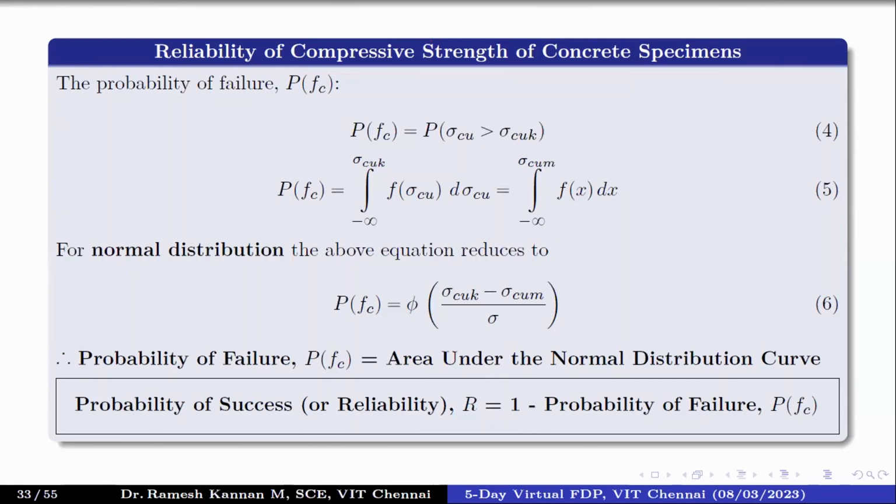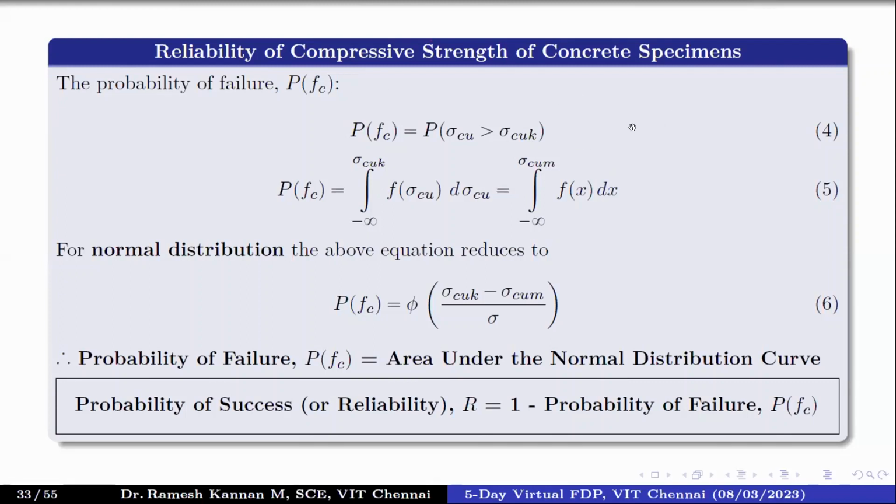So that is also a very important factor that everybody should understand. I have removed a few derivations, but this is the final derivation, which is the probability of failure. The range goes from -∞ to the characteristic compressive strength, which is the design compressive strength, with the difference of the characteristic strength. When you do the integral, you'll probably get f(x) dx, and this will become the mean compressive strength. So this is one of the important things.